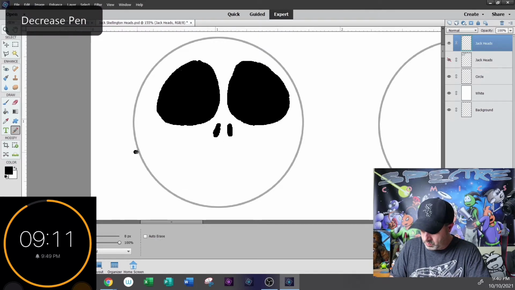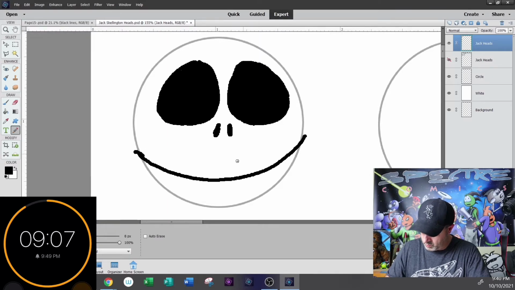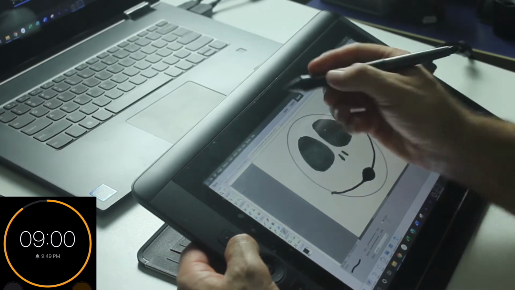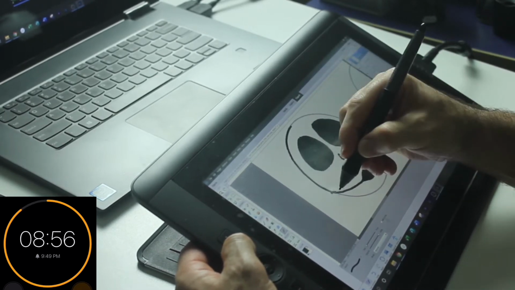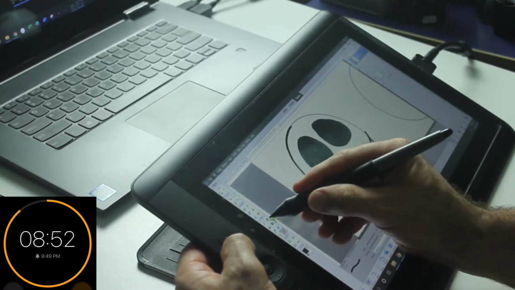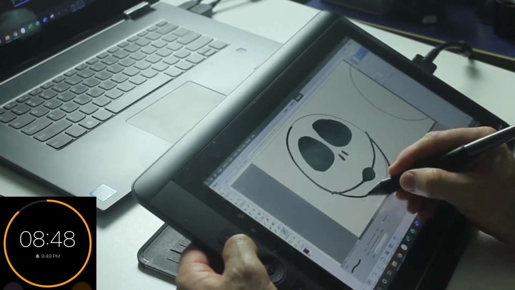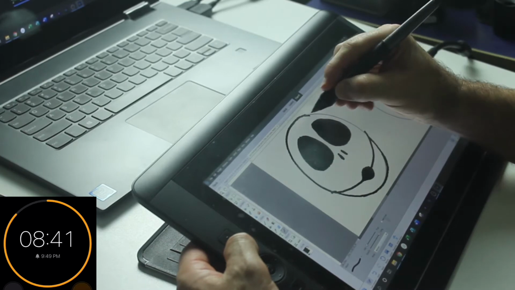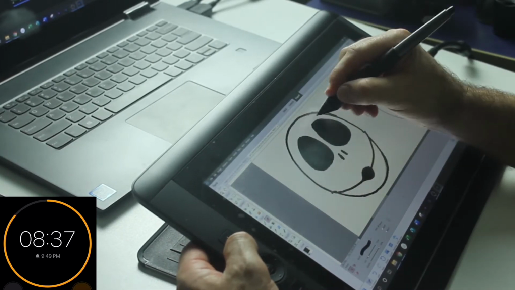So this year, I wanted to do something a little different. Still sticking to the theme of A Nightmare Before Christmas, I wanted to issue a drawing challenge. We're going to do this under the hashtag Jack Halloween Challenge. I will be drawing as many Jack Skellington heads as I can in a 10-minute time period. I'm going to set up a little timer at 10 minutes, ticking down to 0, and see how many